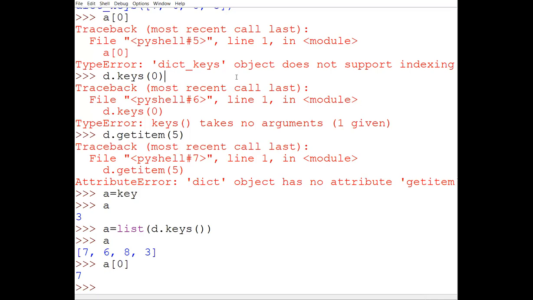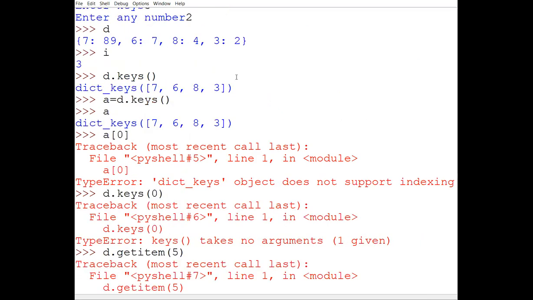See, let me explain what I have done. Previously we did something like this. What we understood is that it returns all the keys, but the format of the keys is something like this, which is actually dict keys. So from this we cannot get the first value.